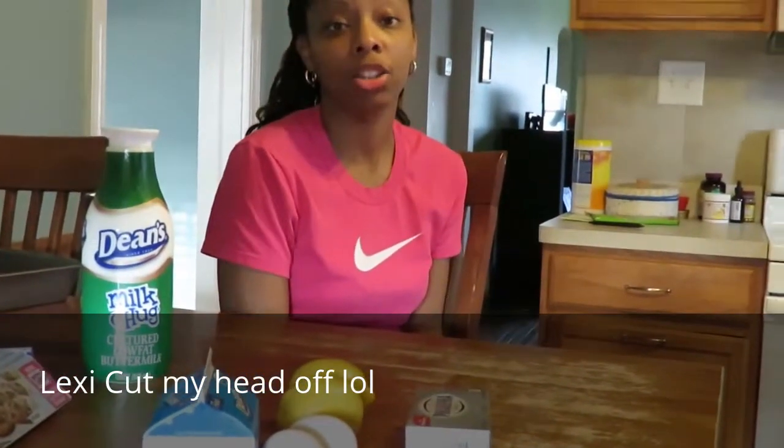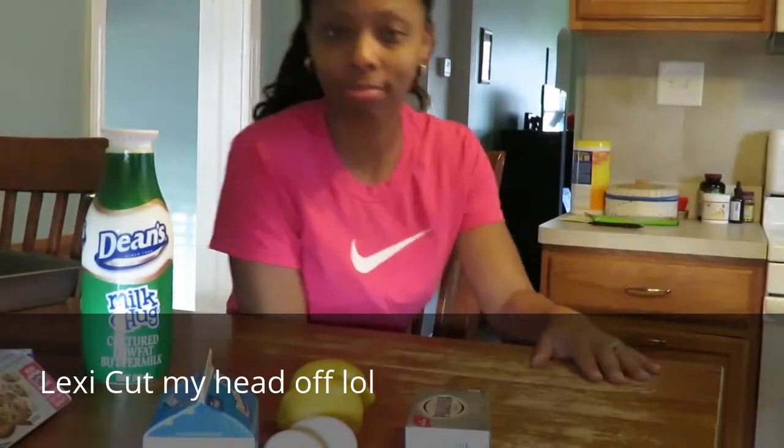Strawberries and cream sheet cake. It's my first time making this recipe. I'm making it from scratch. So let's get cooking. Okay, so the first thing you're gonna do is take your butter, put it in your